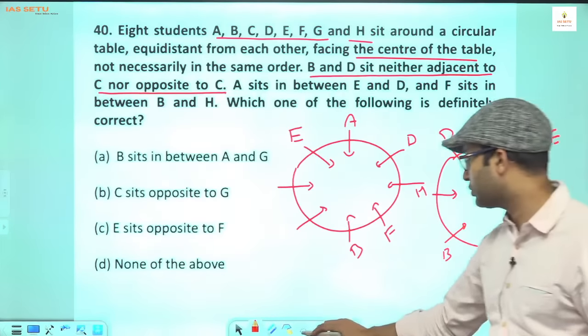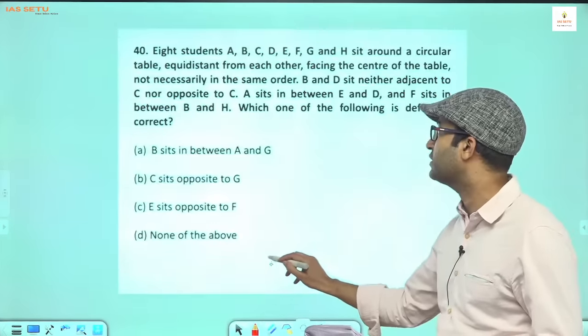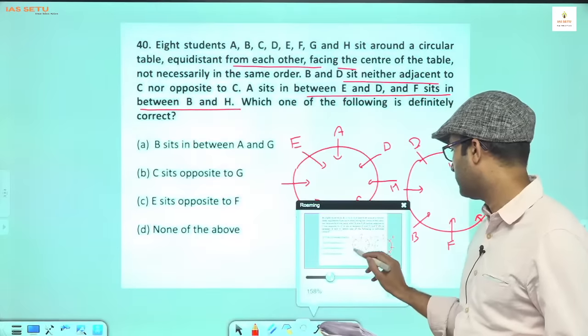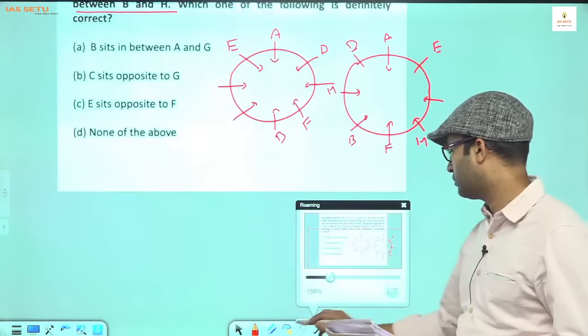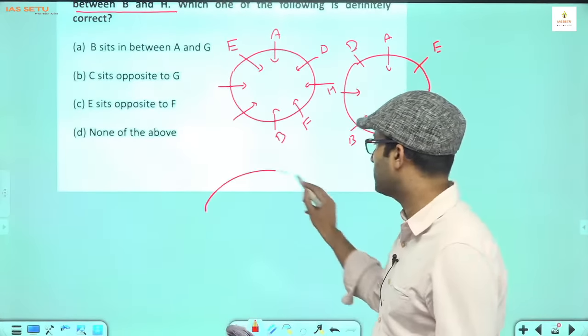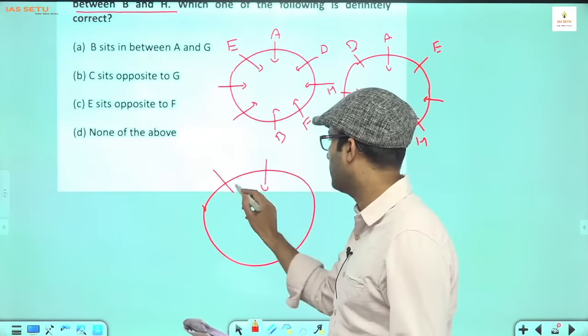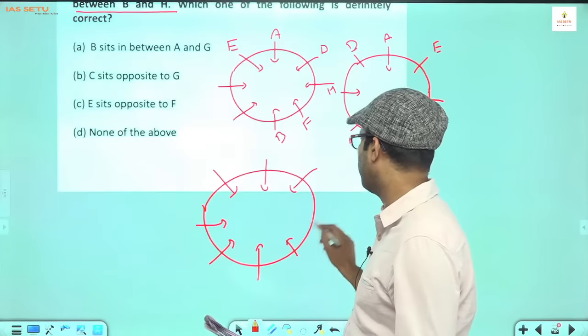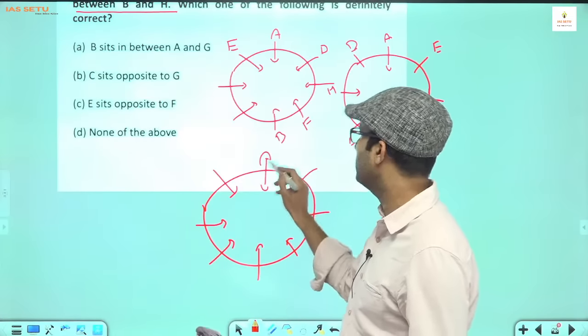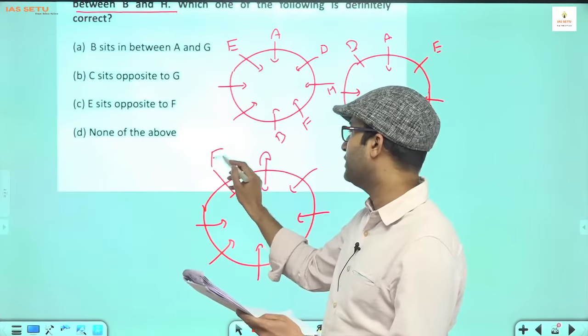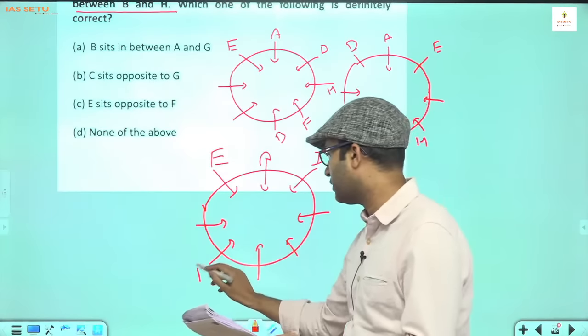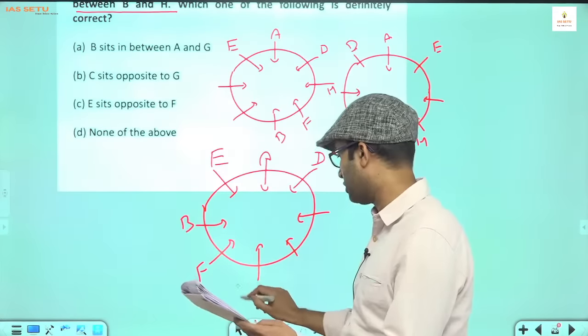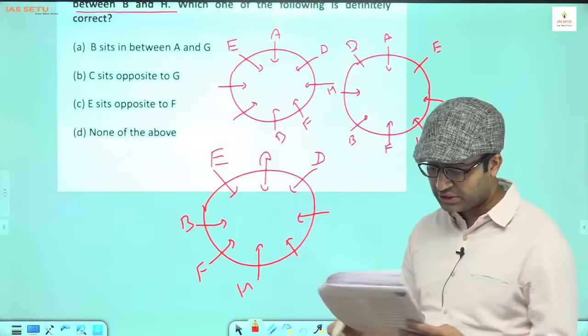I have one more possibility. I have multiple possibilities here in this question actually. One more possibility. You have different possible values of F, B, H, and A, E, D. I take F here, B here, H here. But there is a condition that